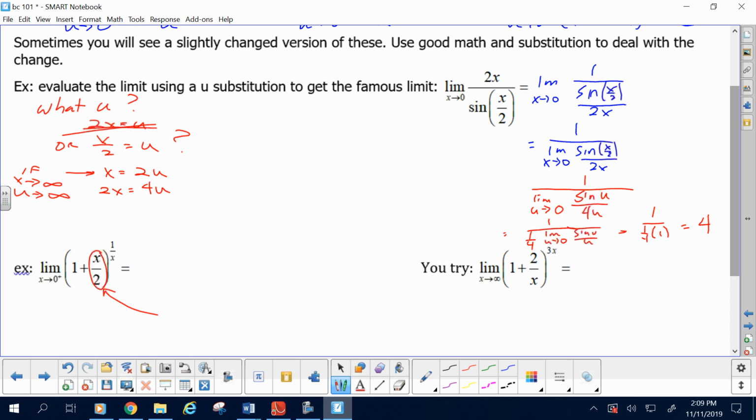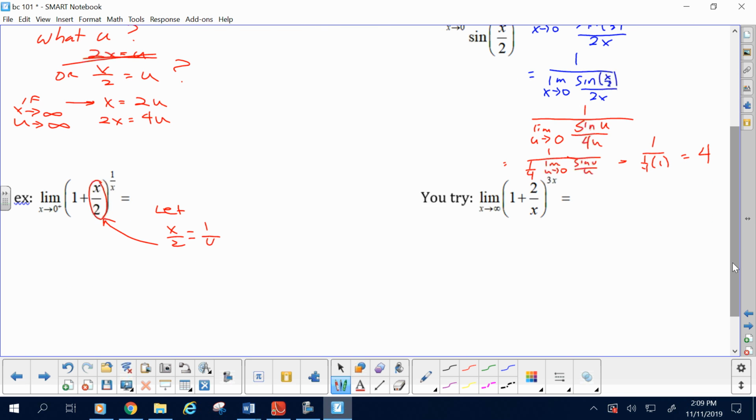Now, we want this to approach or become, to fit the definition, x over 2 needs to get replaced by 1 over u. So we're going to let x over 2 be equal to 1 over u, so that the inside fits the pattern, all right? Now let's make all the corresponding changes here. If x over 2 is 1 over u, then what? x is 2 over u, and so 1 over x is,